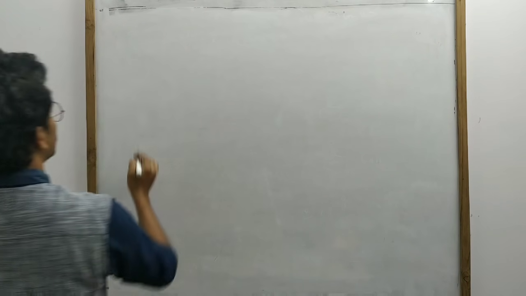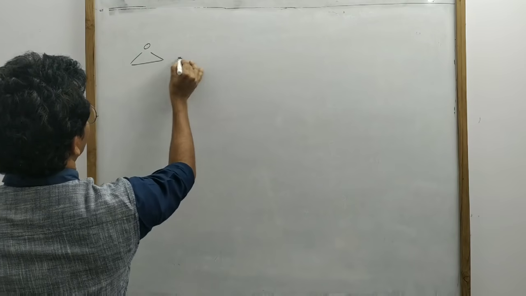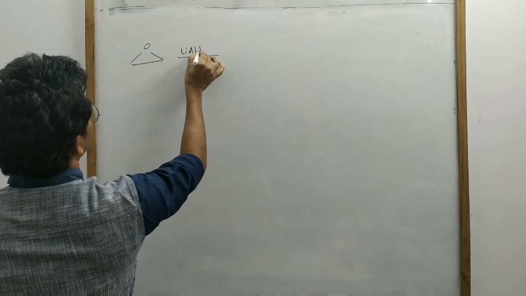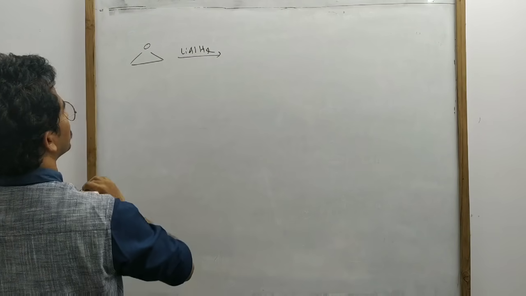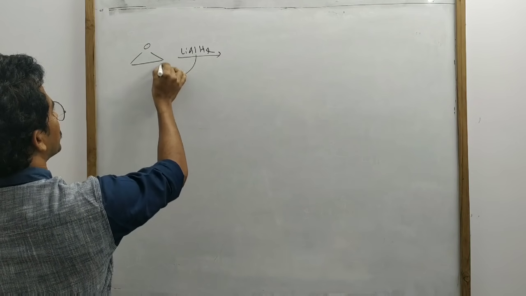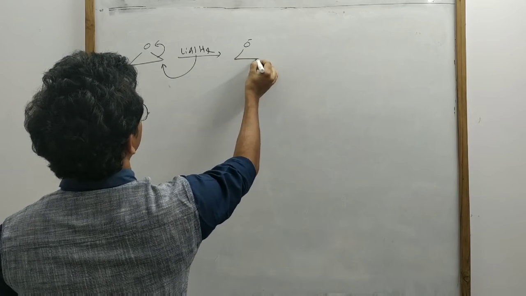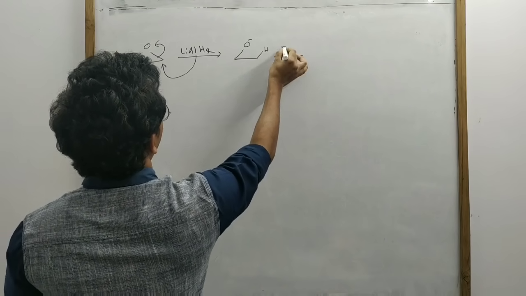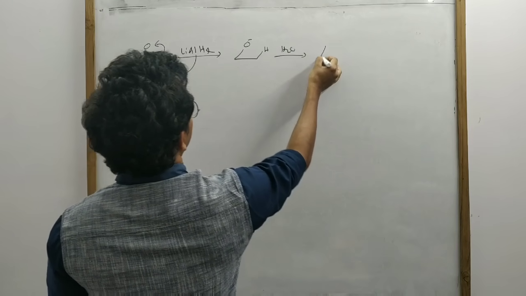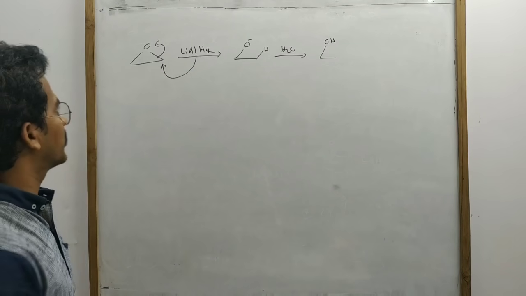Let's see one more reaction with lithium aluminum hydride, cyclic ether. This is cyclic ether, LiAlH4. Now here from the LiAlH4, so H minus attacks on this one, breaking this bond. So O minus, here a hydrogen, followed by hydrolysis, so that becomes an OH. Okay, so that is the product.